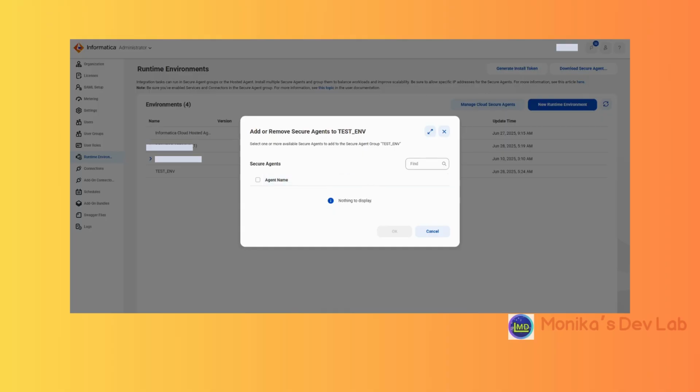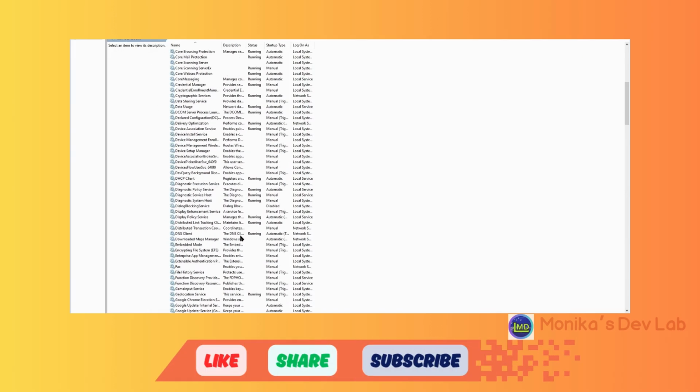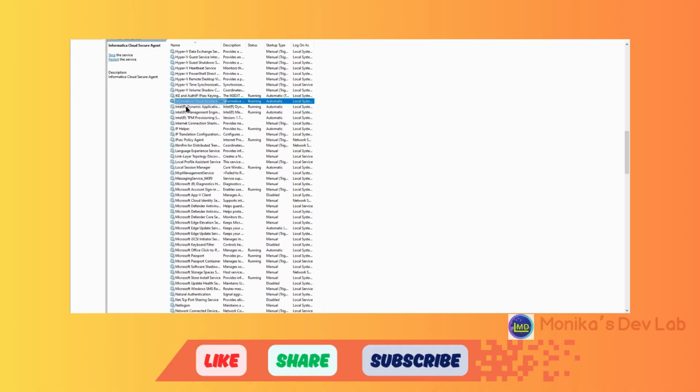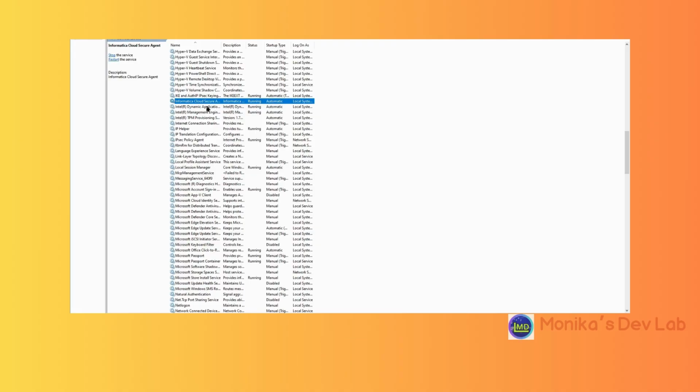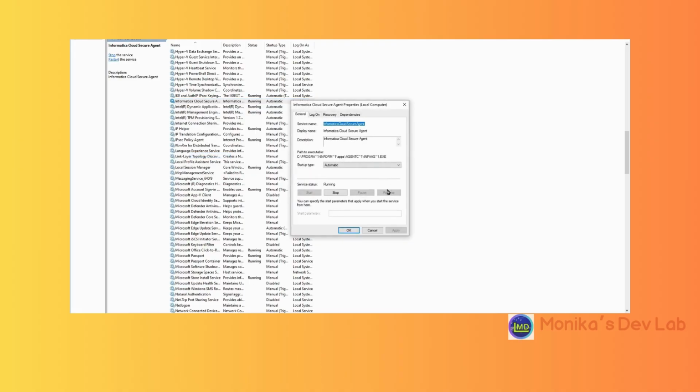There is a setting in the control panel you need to do. So go to your start menu. Open the services tab. Inside the services, you can search for the IDMC or Informatica Cloud Secure Agent. This is the service we have installed, and whenever you want to restart, you can just click on restart services or stop services. Now we will go into the properties here. Inside properties, you can select this logon, go to this account. In this account, you need to provide the password of the system where the secure agent has been installed and the username of that system.